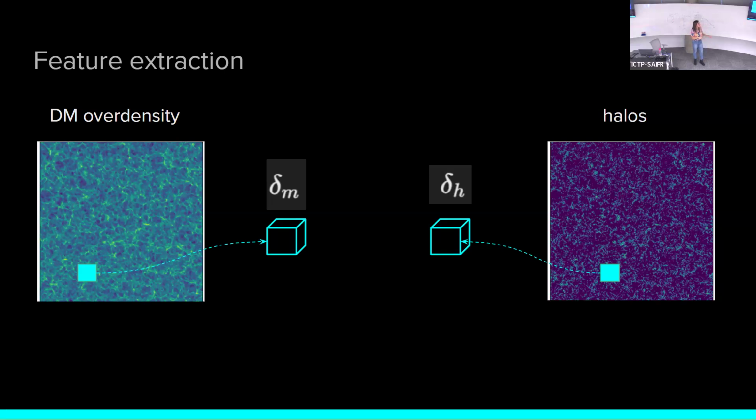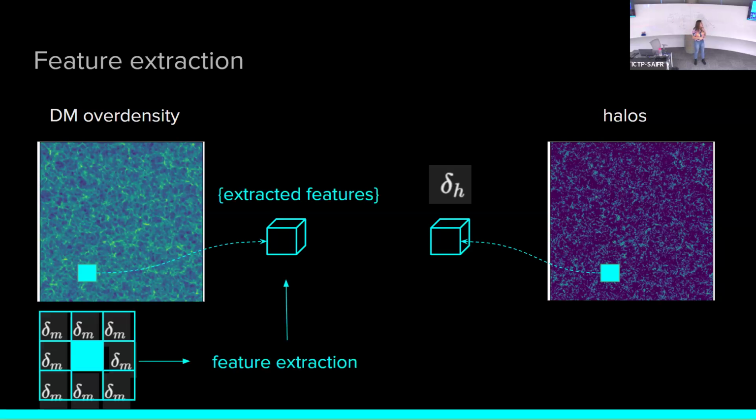Since this is like a regular grid, it makes sense to use a convolutional neural network, which is used for images, but you can also do this in 3 dimensions, which is our case, like this box. This is just to illustrate. Again, we are still trying to predict the number of labels in this specific volume.